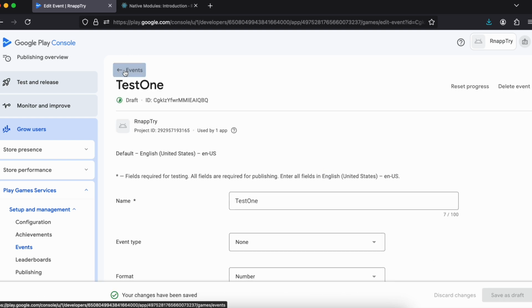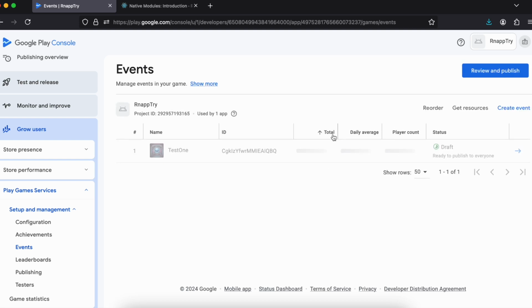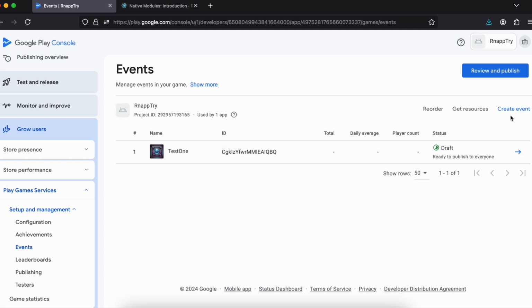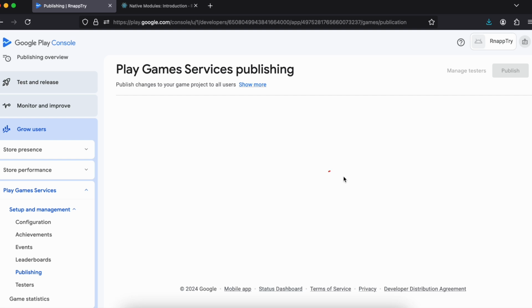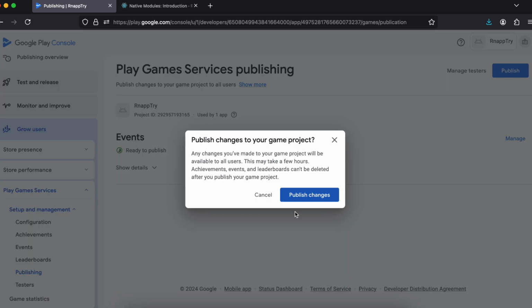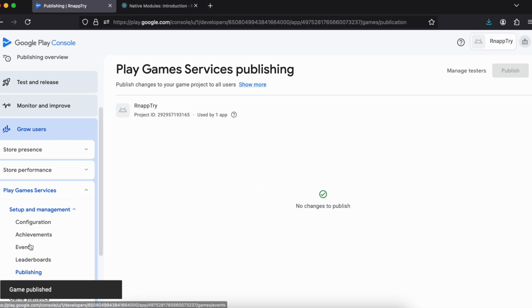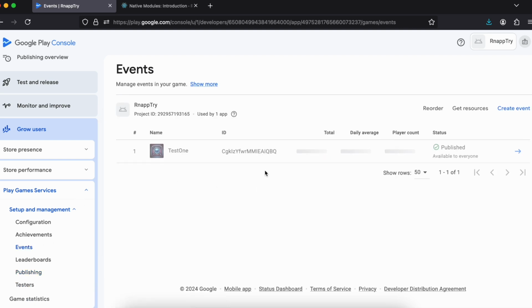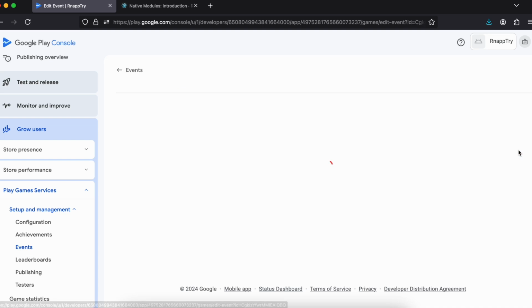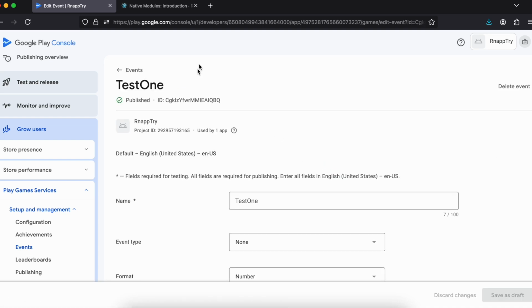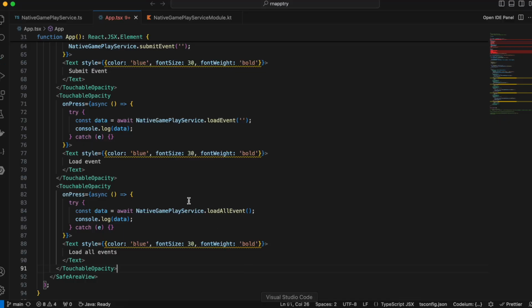So I'll click on this back icon, and then click on review and publish, and then click on publish changes. Now we'll again have to click on events because we require the event ID. So I'll click on this particular thing. We'll come back to this, but again coming back to our React Native code,